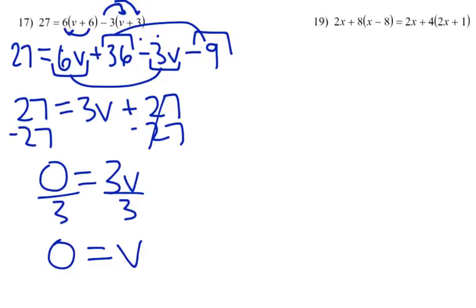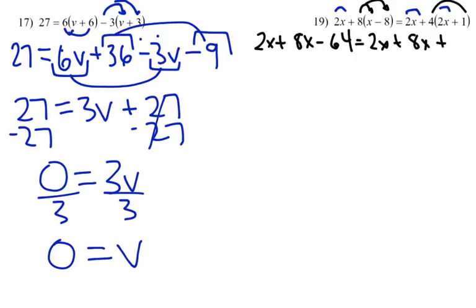Okay, number 19. Same idea. This time we've got quite a few variables here, but we still treat it the same way. First I would multiply here, simplify it as much as I can before I start doing inverses. 2x plus 8 times x is 8x, 8 times negative 8 is negative 64, equals, and I apparently ran out of room. Hold on. Guess I'm going to have to try to write smaller on this one. So we've got 2x plus 8x minus 64 equals 2x plus 4 times 2x is 8x plus 4 times 1